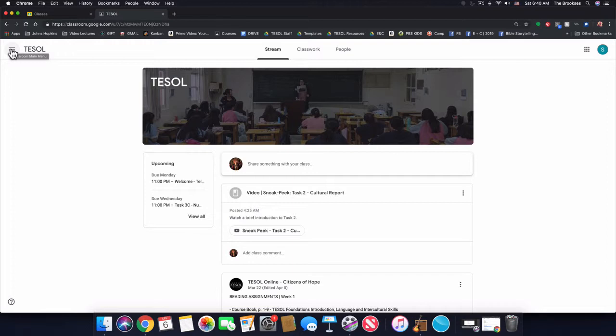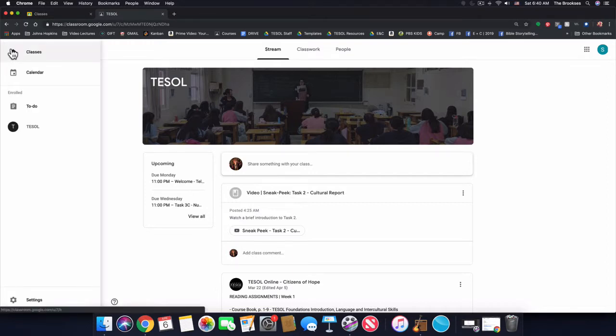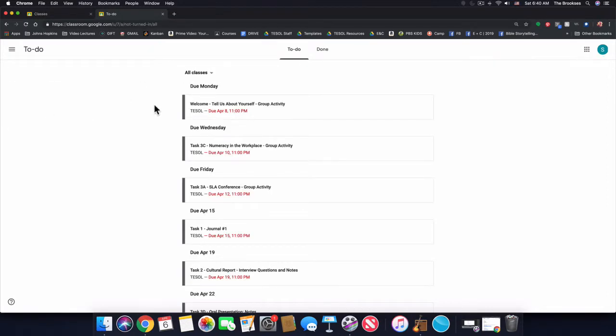You also notice in the upper left hand corner is the main menu tab. You can go ahead and click this. This will give you access to different classes, to your Google Calendar with all of your assignments, as well as a to-do list. If you click on your to-do list, this is a great place to see what is happening, what are your upcoming